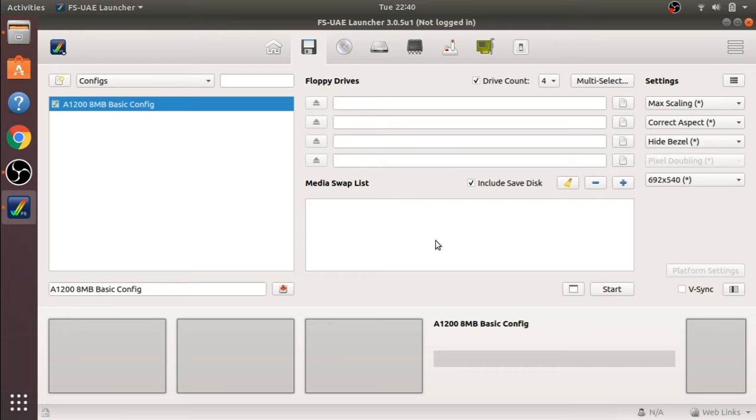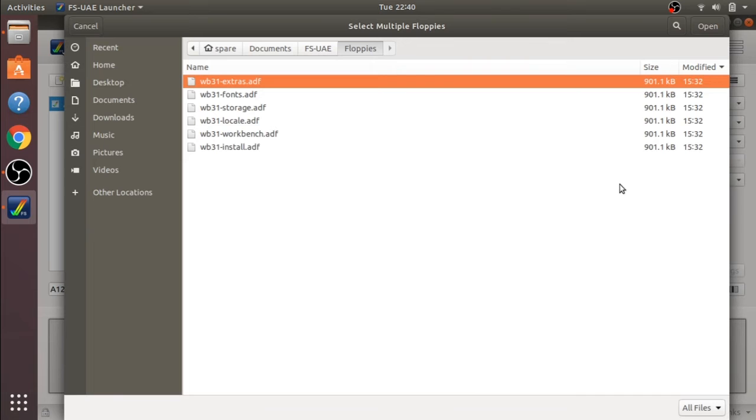I'm going to go and add the disks back into the media swap list just to show you how to do this, and they're in the FS-UAE floppies directory. So these are our disks. So we've got 5 or 6 of them here,